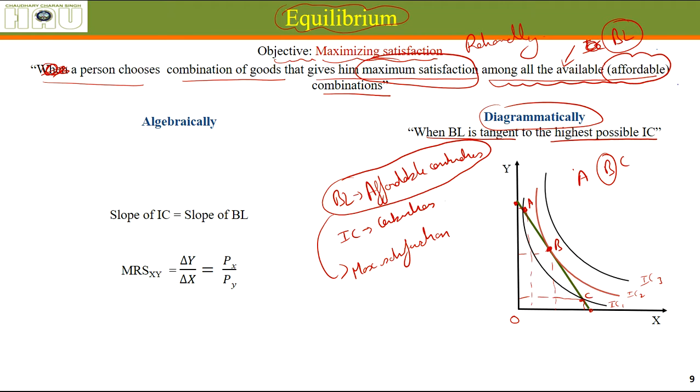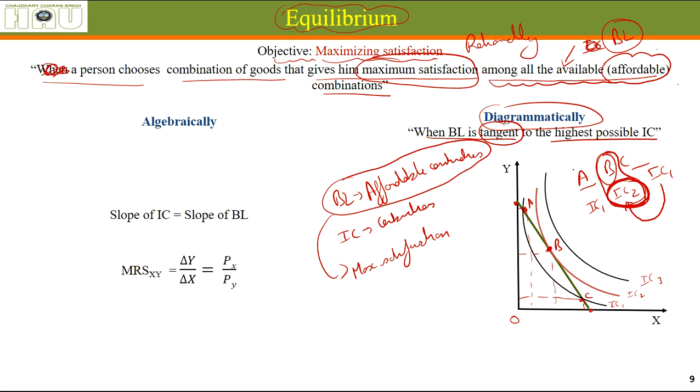Because in the case of B, we are at indifference curve 2. Alright, this is a higher level of satisfaction, and in the case of A we are at IC1, and in the case of C we are at IC1. So definitely with the money available, this combination is going to give us a higher level of satisfaction. So we are going to buy this, and this is the highest possible. When the budget line is tangent, it touches the indifference curve at only one point. So our chance of reaching the higher indifference curve is the tangency point.